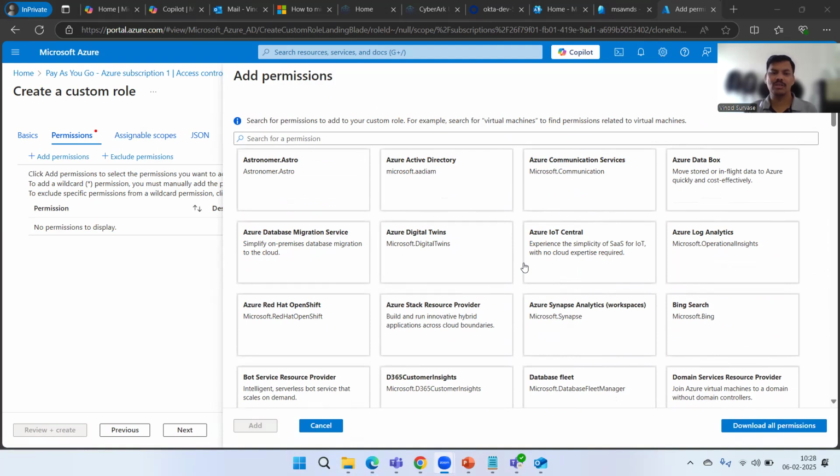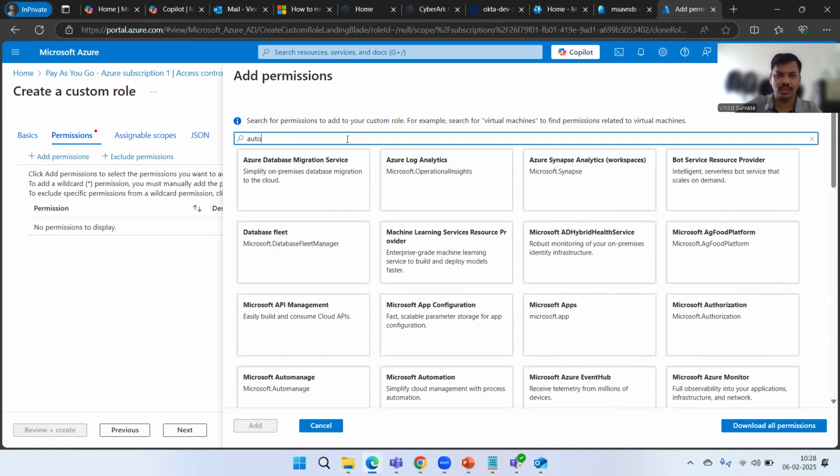And it totally depends on the requirements, how organizations and teams are managing the roles and management of different resources within the organizations, right? So definitely we have options to create customized roles, and we can leverage those effectively as and when needed. So now I'm going to create it for Azure automation. So I'm going to search here automation,